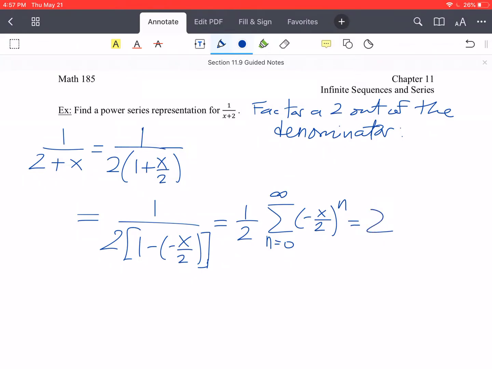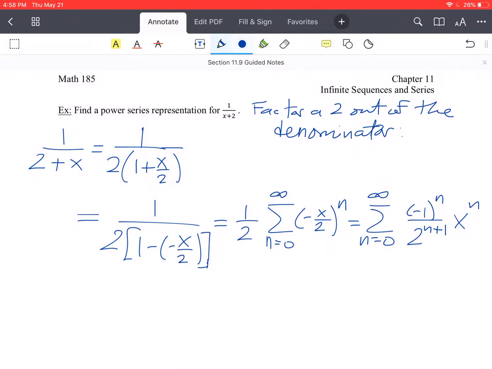which we can rewrite just to condense it. I can go ahead and bring the 1/2 back in, distribute that nth power to all the terms, so we've got negative 1 to the n over 2 to the n plus 1. It's n plus 1, again, because I'm bringing in that 1/2 back into the sum. And then that whole thing times x to the n. Alright, so that's going to be our power series representation for that expression, 1 over 2 plus x, or 1